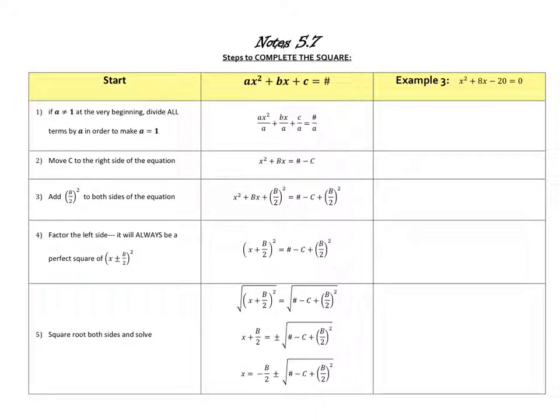Alright, 5.7. Like some of you already know, this is one of the harder things we do in this class. Alright? So, we got to make sure that we get it because of course it'll be on your test, on your semester exam, those sorts of things. But it's also one of the things that you use very much in classes as you move forward